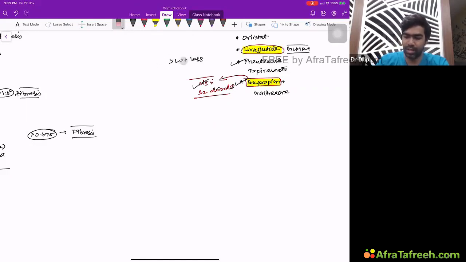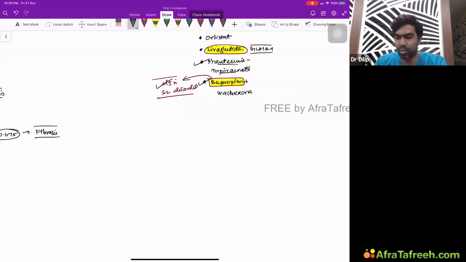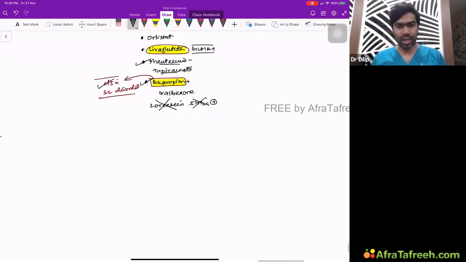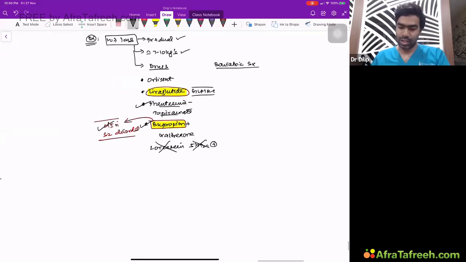It's a GLP-1 receptor agonist. Among all the single drugs, liraglutide is the one that produces maximum weight loss. But the phentermine topiramate combination produces overall maximum weight loss. And there is one more drug called lorcaserin that is banned right now. We don't use it. FDA has withdrawn its approval for lorcaserin. It's a 5-HT2C agonist, a serotonin agonist, but it is not used anymore. These are the 4 drugs that are currently in the market for weight loss.